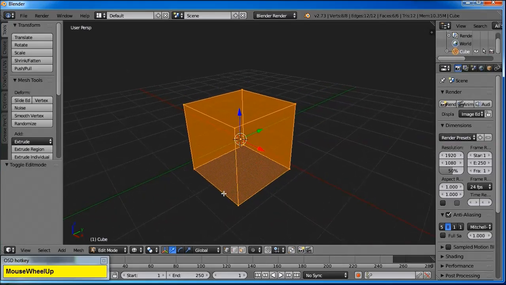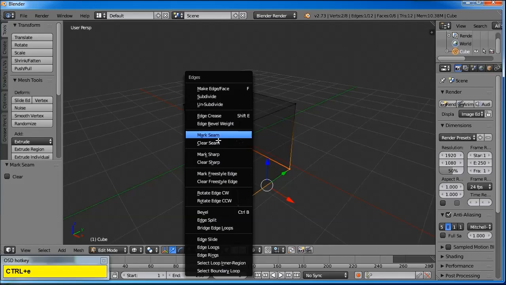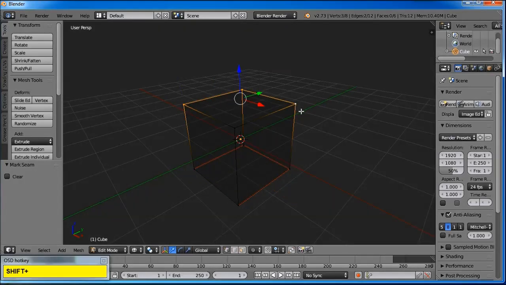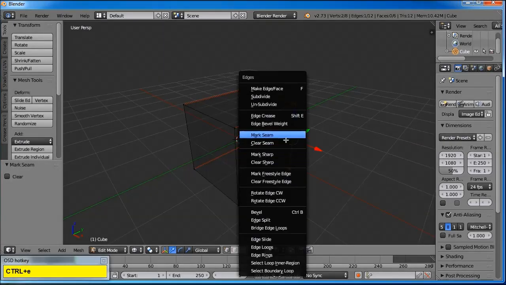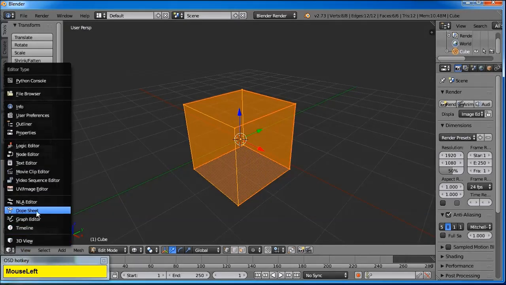To mark a seam, select a set of vertices and press Ctrl-E and click Mark Seam. This is going to turn the vertices red. These particular vertices are important because when we do a UV unwrap, which I'm going to do in a second by pressing U and then clicking unwrap, it's going to create a UV unwrap in the shape of the skybox